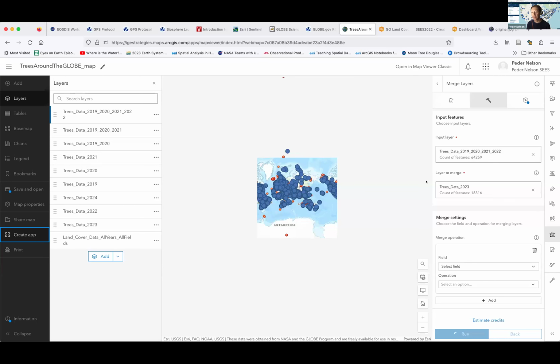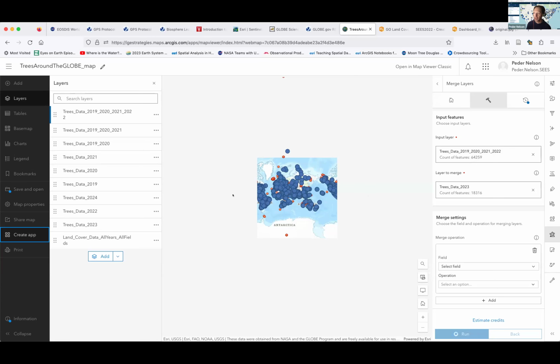So one of the things that we're looking for is for communities and students and everybody to experiment with software and ways of working with 100,000 points of tree locations around the world. Okay, it's a large amount of data. So just working with this is a challenge.